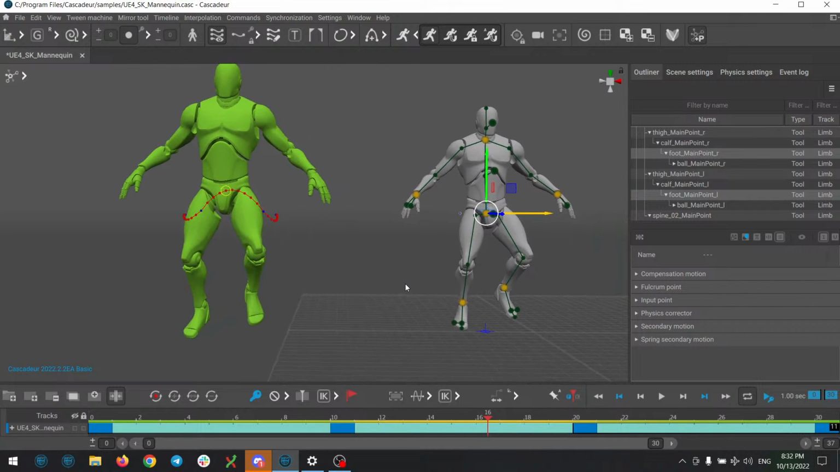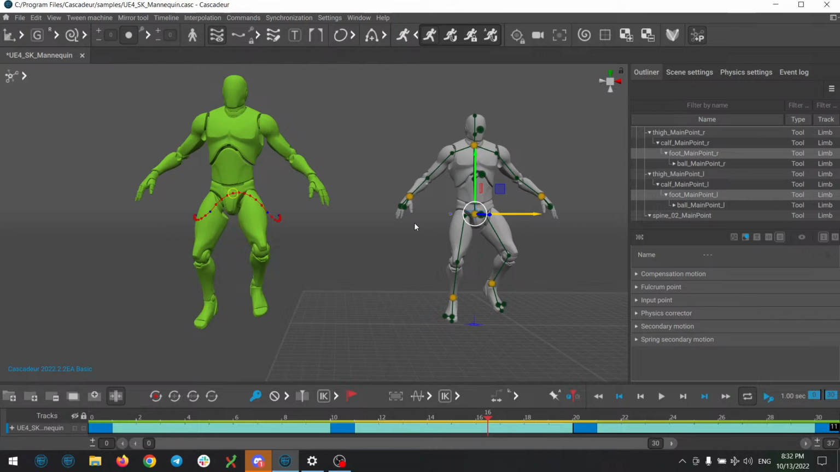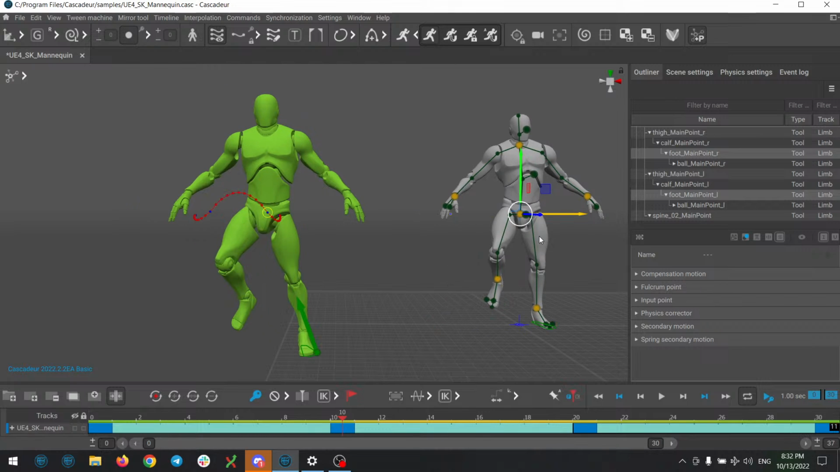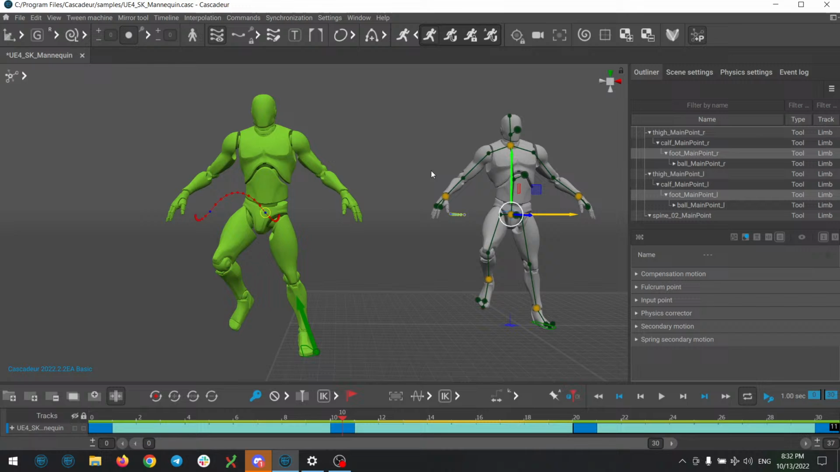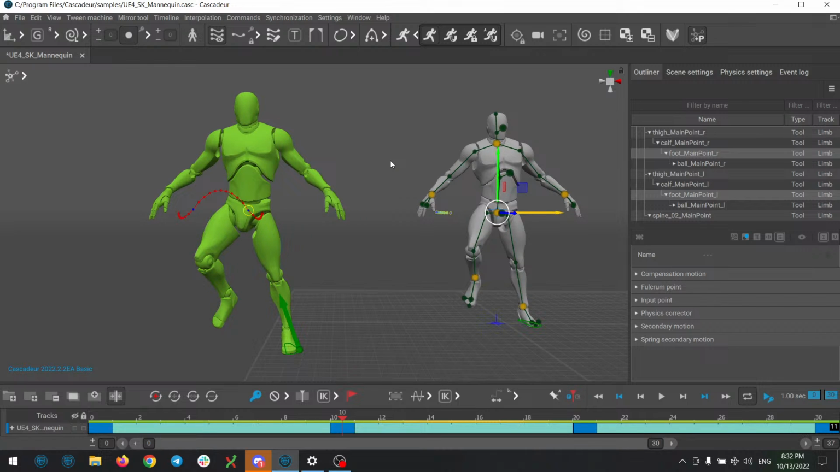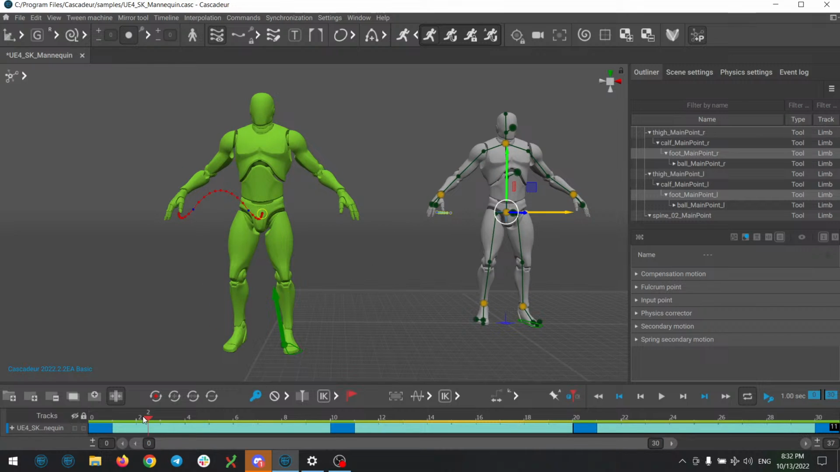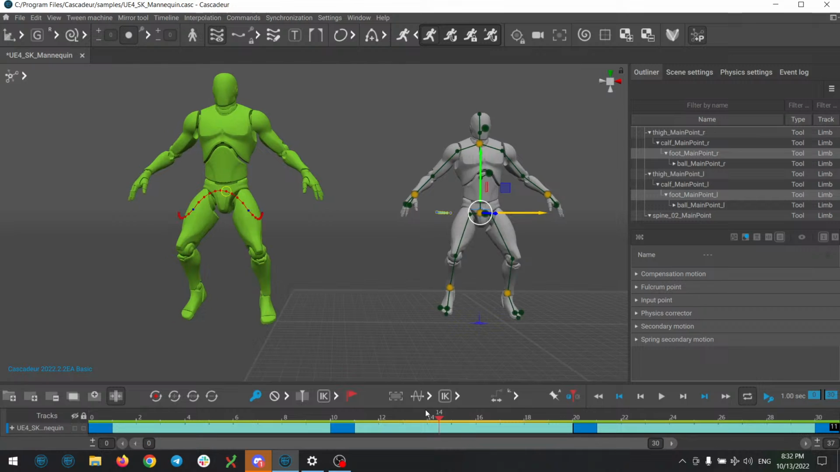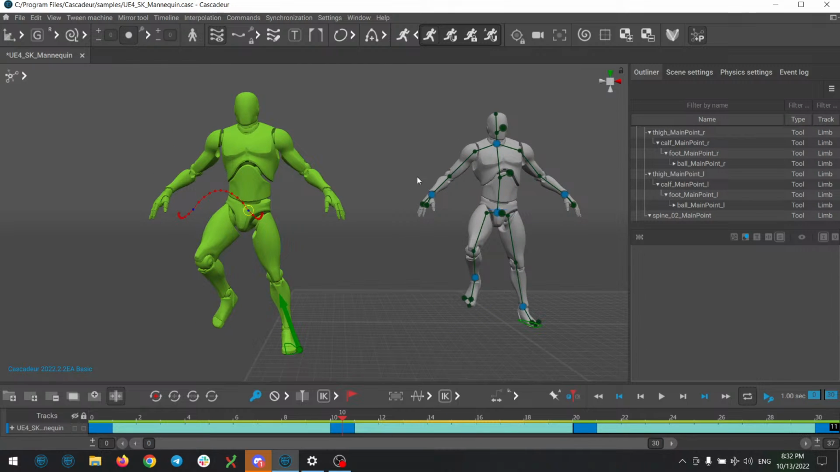Okay, we can snap these results in keyframes to our character. This button, snap to AutoPhysics, and we can see that our character doesn't repeat